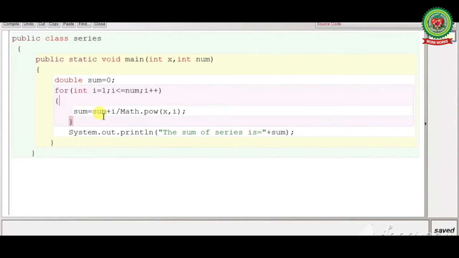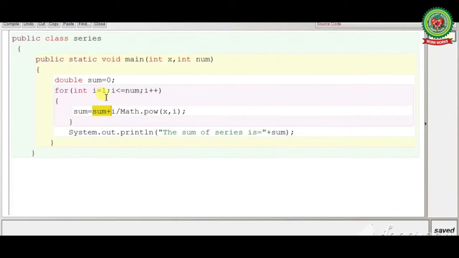Now here sum plus 1 upon math dot pow x comma I. So here what will come? 0 plus, what is the value of I? 1. 1 upon math dot pow, the value of x is 2, 2 comma 1. So when we solve this, it will give the answer 1 upon 2, that is 2 raised to power 1, that is 1 upon 2. So 1 upon 2 means 0.5. So here what will come in the sum, that is 0 plus 0.5. So the value 0.5 will be stored in the sum.